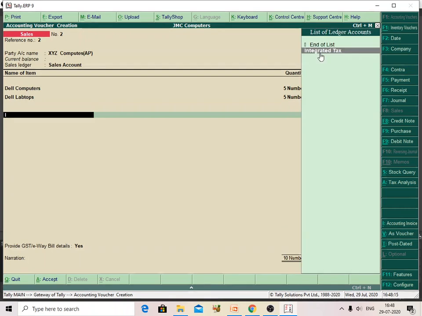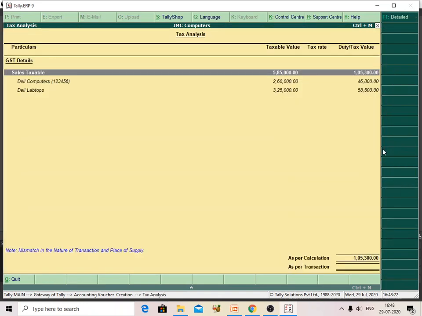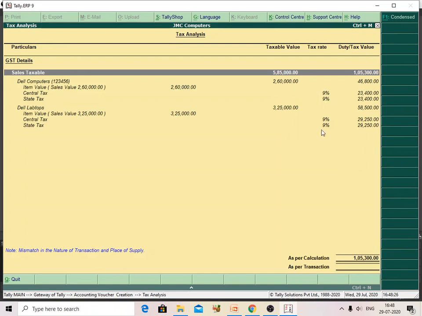If I check what tax is applicable here, integrated tax is applicable. If you want to give the tax rate manually, see here, the tax rate is manual for laptops and desktops also. As per the calculation, it shows the tax rate is this much.